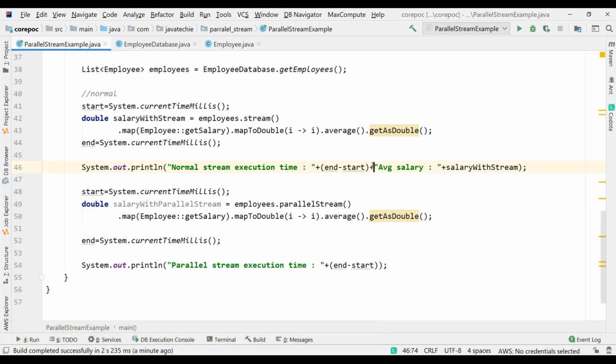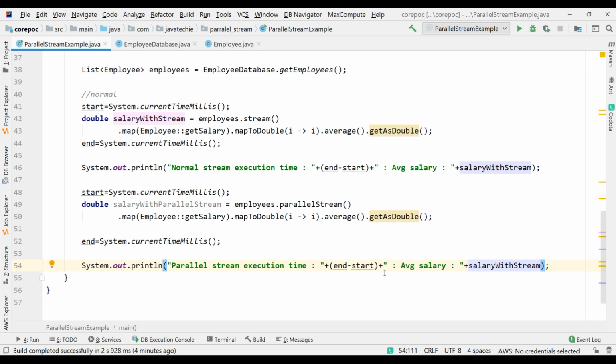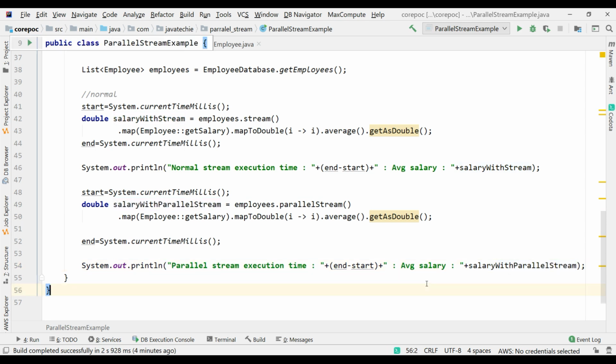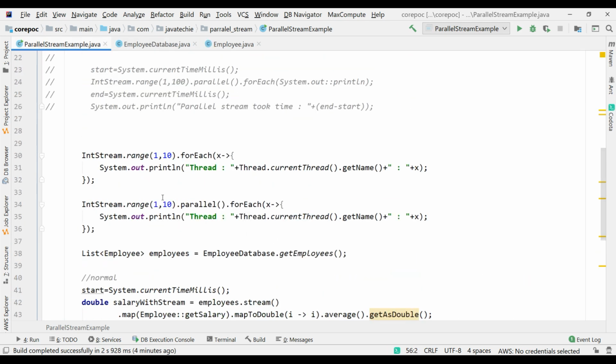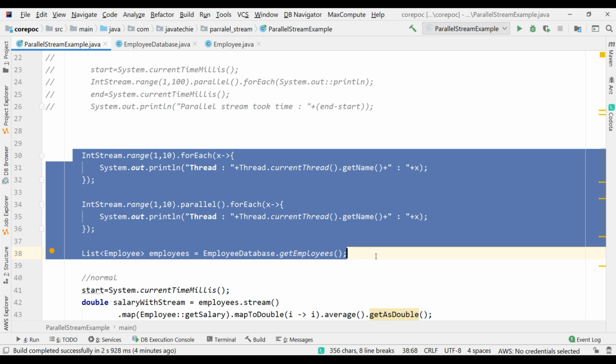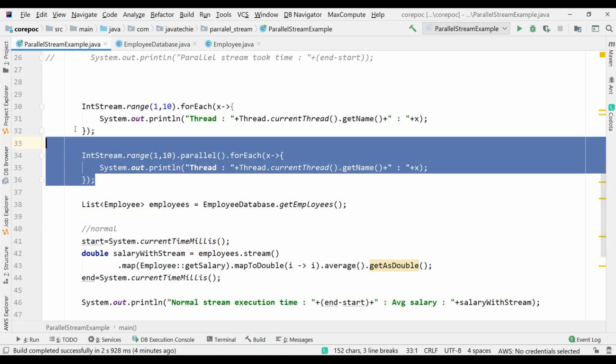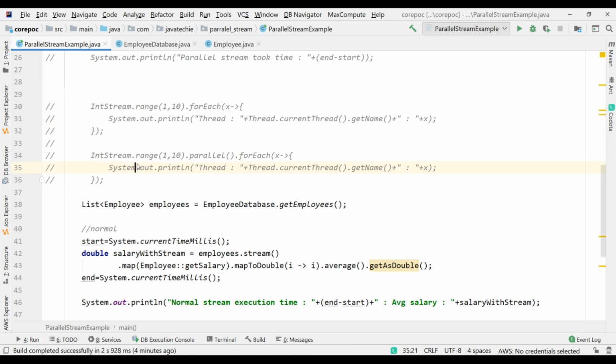So I'll copy the same. Better to add one space here. So we added the average salary. So this will be salary with parallel stream, right? Fine. Now meanwhile, let me comment this piece of code. Now let's run our code.